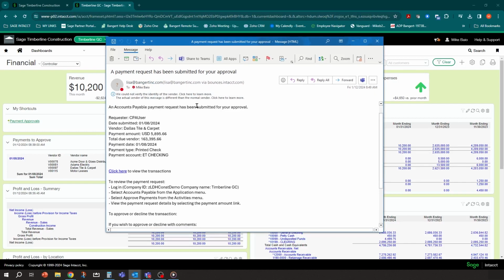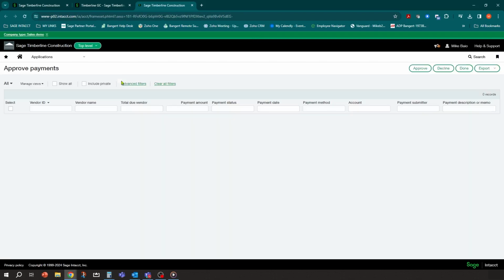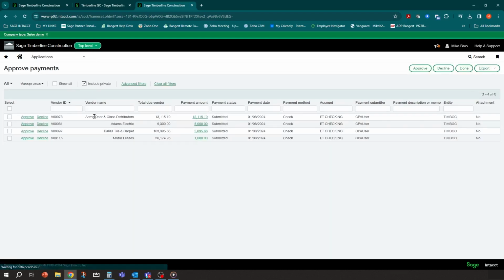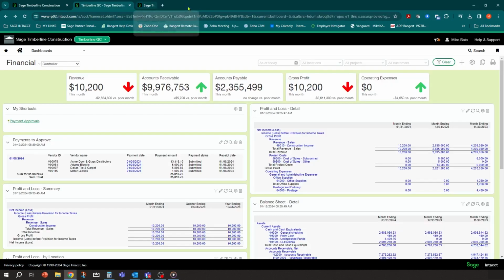An accounts payable payment request has been submitted and it tells me the payment amount. And what's really cool is it will also send me a link here too, so I can connect into it right from my email and get into the screen I need to get into. And this took me into top level, so I would say include private, and you would see them right there. So there's multiple various methods to do this.